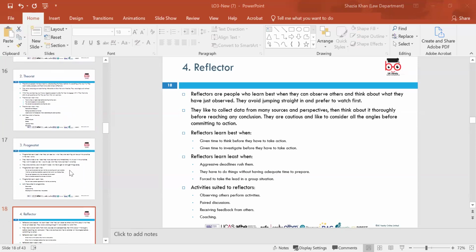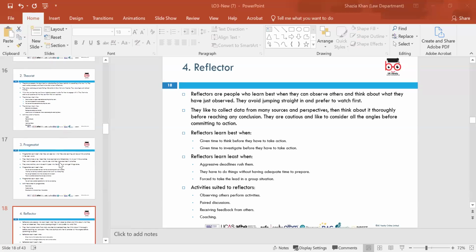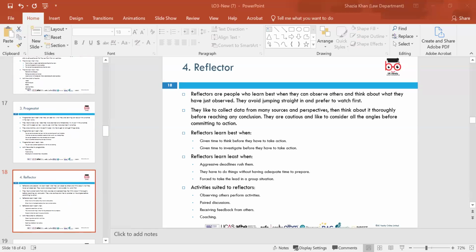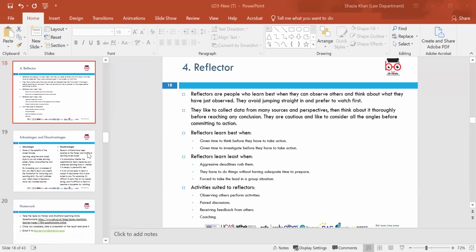I think I'm a bit of both. I think I'm a theorist and a reflector. You can overlap it through both. And I think I'm actually both of them. So yeah, it's interesting. Have a read of it in more detail and have a look at it, and you'll identify what you think you are, because it's so important to identify elements of that.